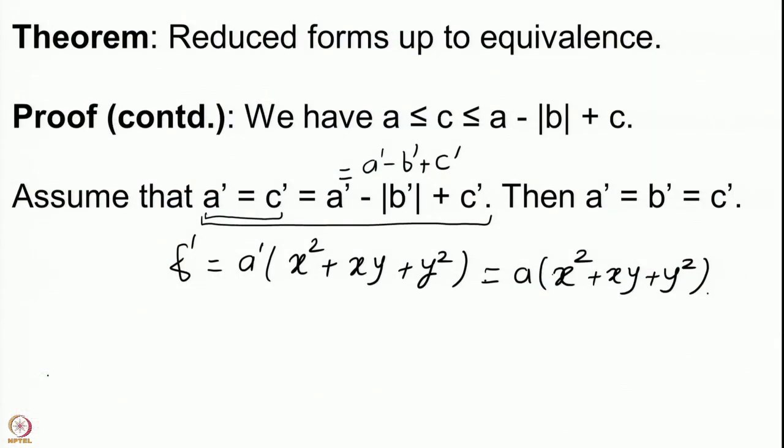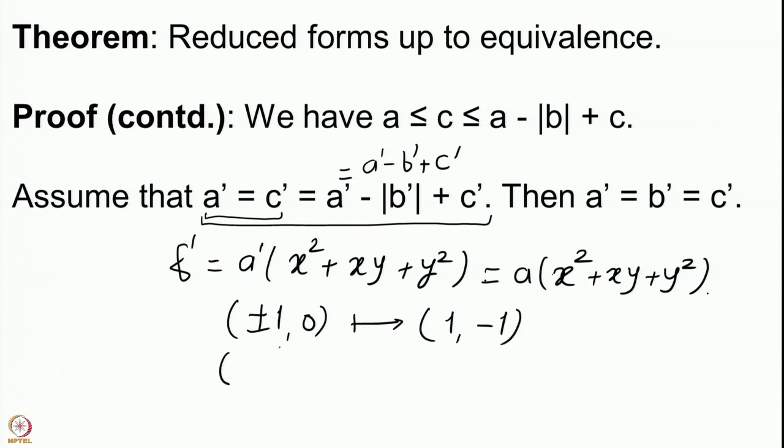By looking at this form x square plus xy plus y square, it is an easy exercise, and it will be in the corresponding assignment, that 1, minus 1 is the only other possibility, except of course you have minus 1, 1. So this is the final third possibility, that plus minus 1, 0 is being sent to 1, minus 1.